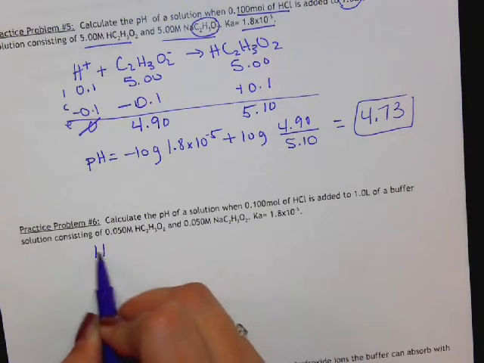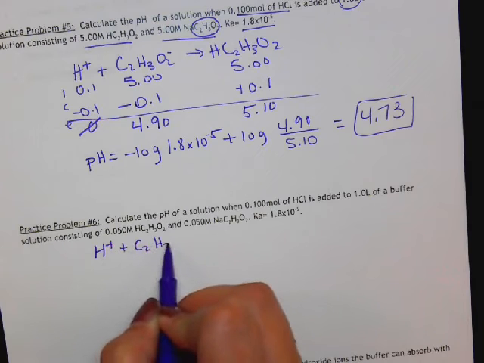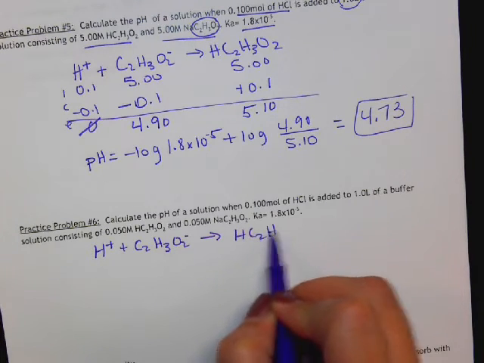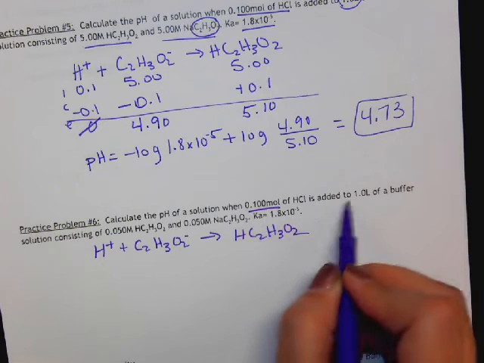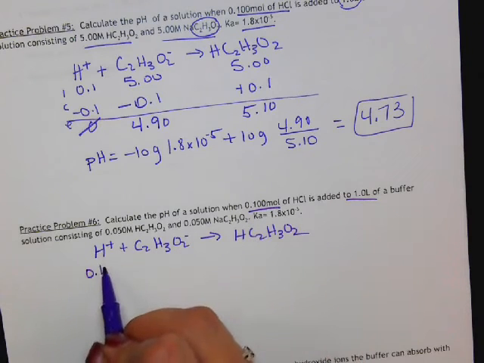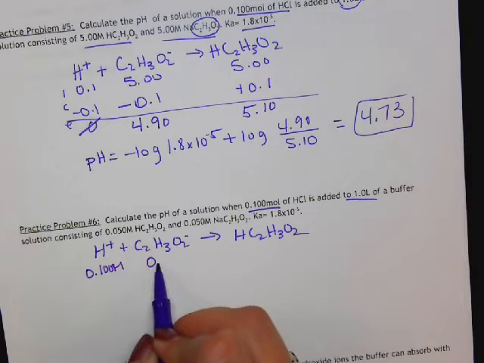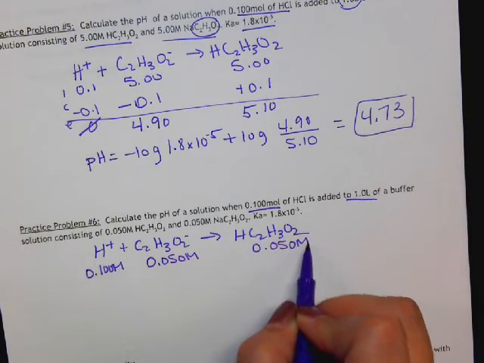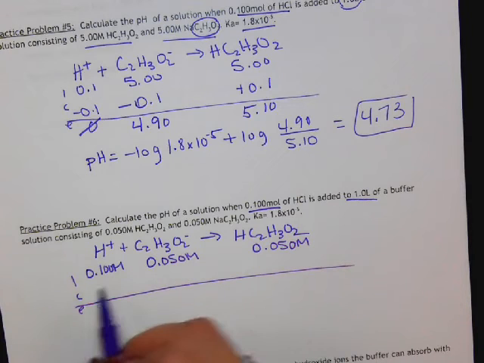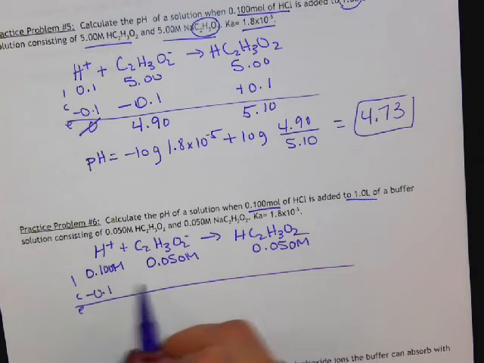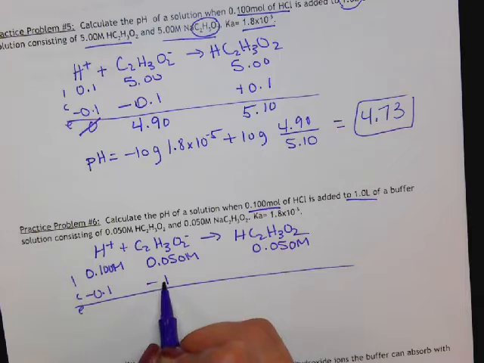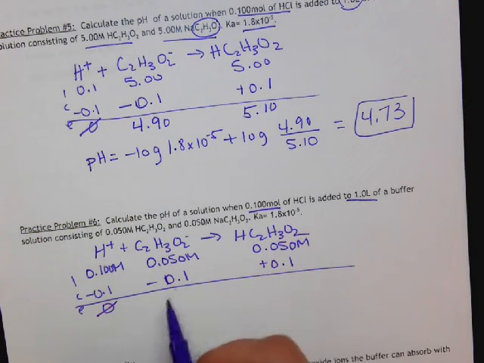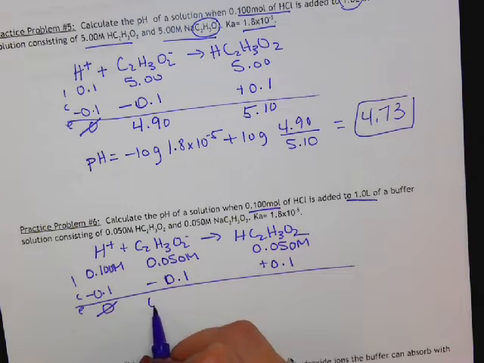Alright, so again we have our acid reacting with our conjugate base to make more acetic acid. We have 0.1 mole, again still in 1 liter, so that's 0.1 molar. This time we have 0.05 molar, 0.05 molar. Again, we're going to use up all of our acid, minus 0.1, minus 0.1, plus 0.1. So we have no strong acid left, and over here we're going to have